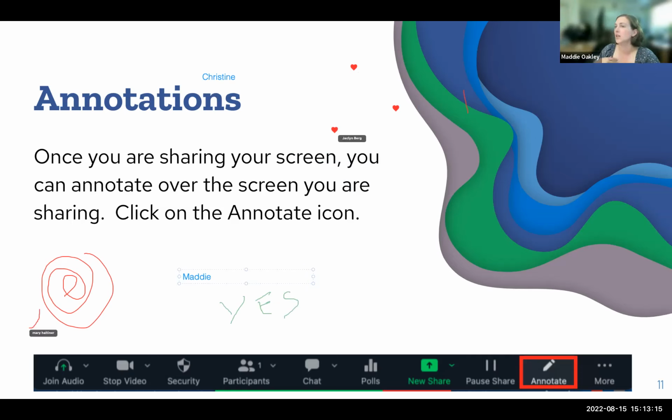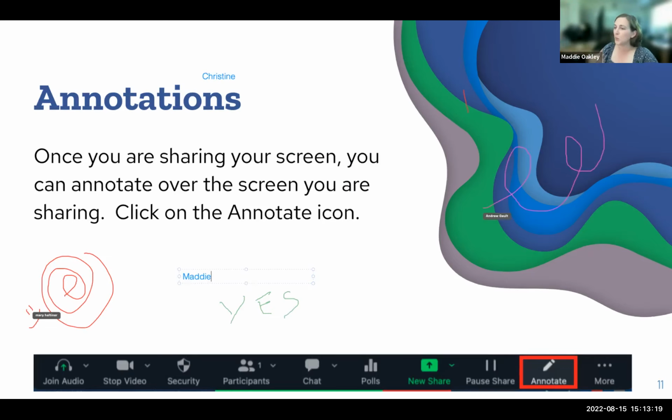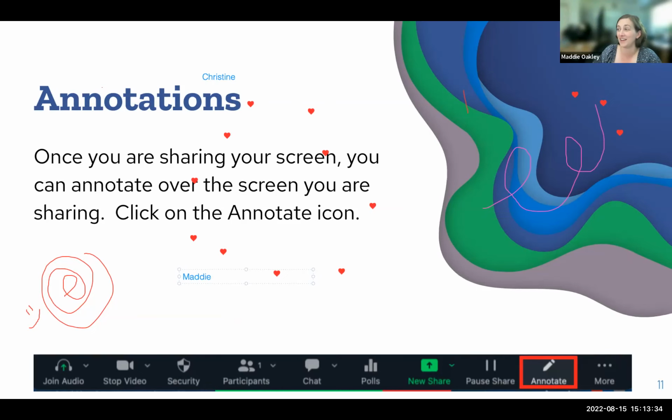Now I'll show you guys really quickly too. As you can imagine, with parent-teacher conferences, this is probably not an issue. With students, this might be an issue. So I also have down here, security. If I click on this security shield while I'm hosting, I can uncheck allowing you to annotate content. And that should make it that people can't annotate anymore. And it does seem like it's stopped. If I check it again, it allows you to.